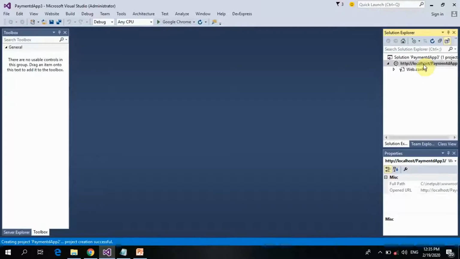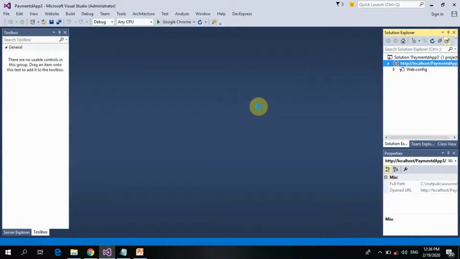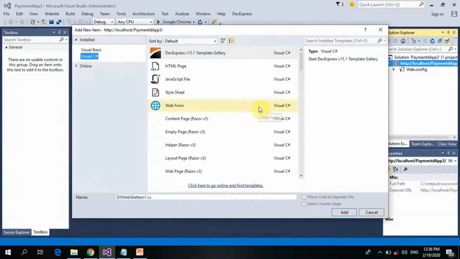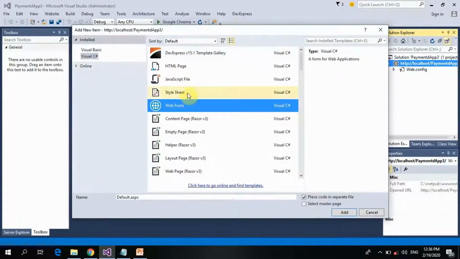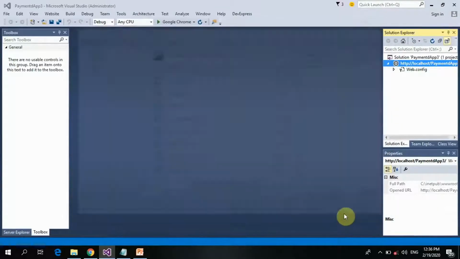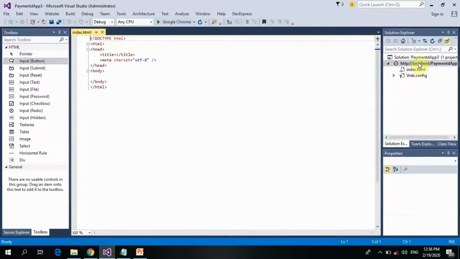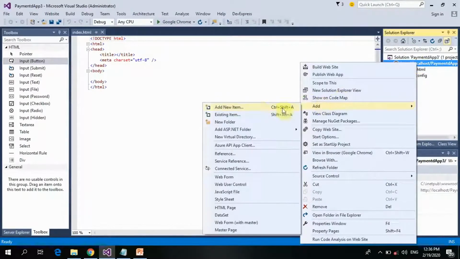Let me start by going to the Bootstrap website, with my internet on, and then download Bootstrap. Before I do that, let me go add a new item, index.html. Let me create the files rather. I'm using HTML. So I have my pages. I have index.html, the first one. Just like these, I have index, mint tokens, transfer, approve, and bond. That's how I'm going to name them. Index.html. I add another file,